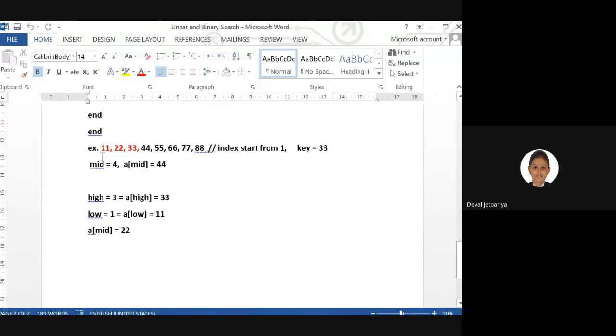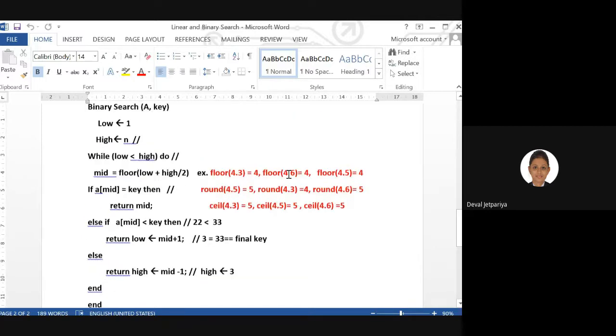Then you can use binary search. If your data are not sorted, you first need to sort them, and after that you can use the searching algorithm to search a particular element. Here I have taken an example where the data are already in a sorted manner.